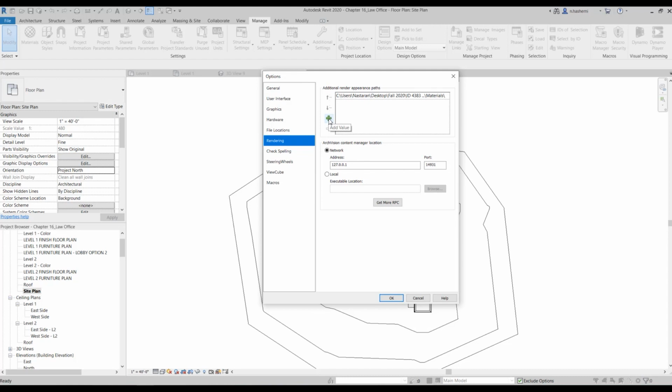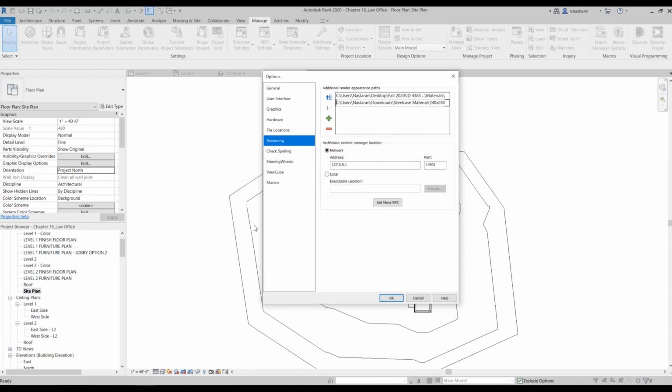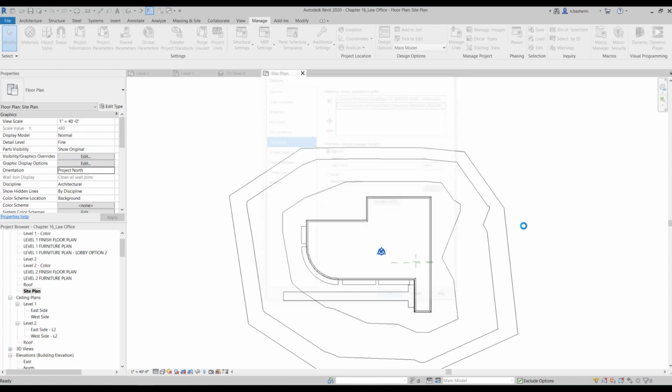Just click on this green button and then click on these three dots, find the folder and link it. If you hit OK, this is linked to your project. And that's it actually.